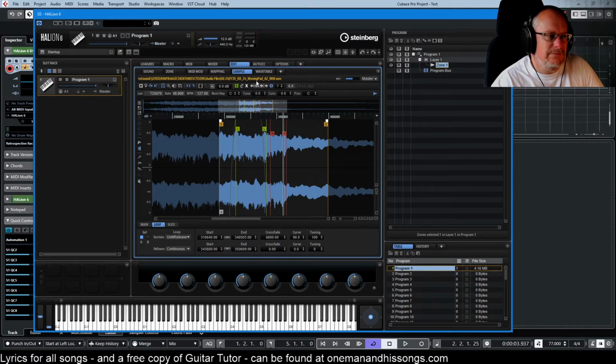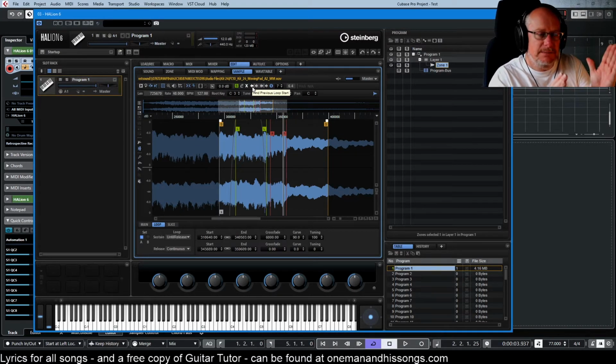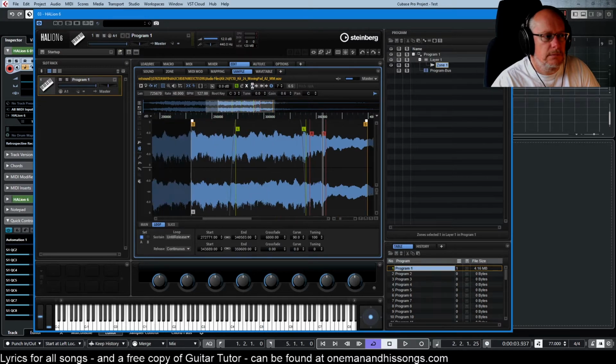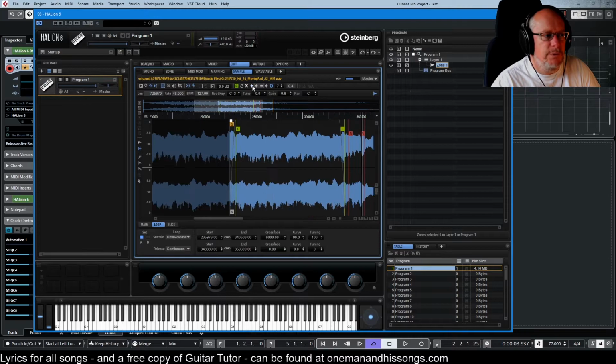These next 4 options I very rarely have anything to do with. I prefer to work manually and visually with my waves, but you have options here. It has tolerance levels, where it has points in the wave where it thinks you might want to loop, and you can have it find previous loop start. We'll basically jump through. If I move this start out of the way, it's moving backwards through the wave, finding everywhere where it thinks is a reasonable point to start the loop. And again with the end,